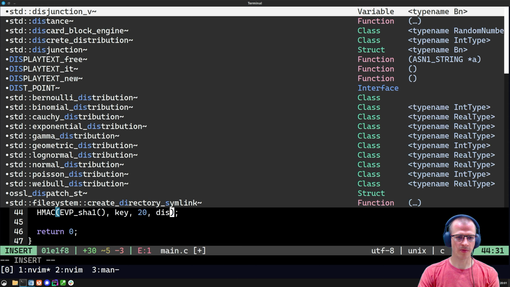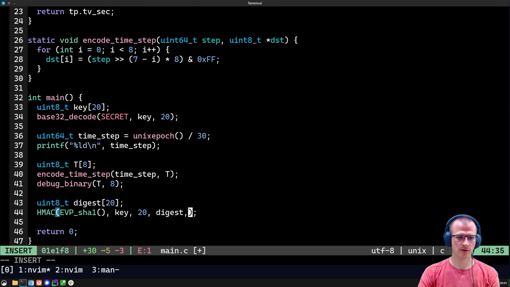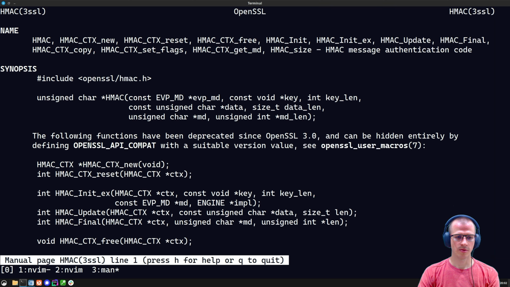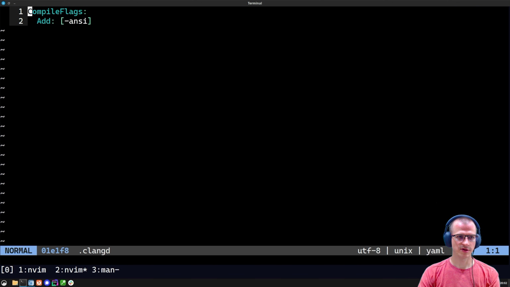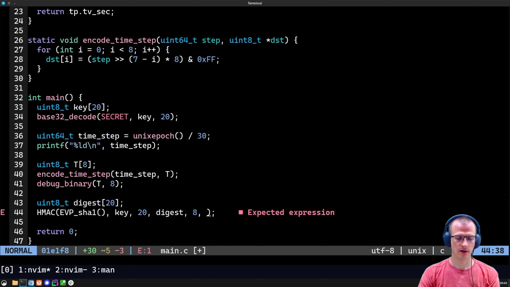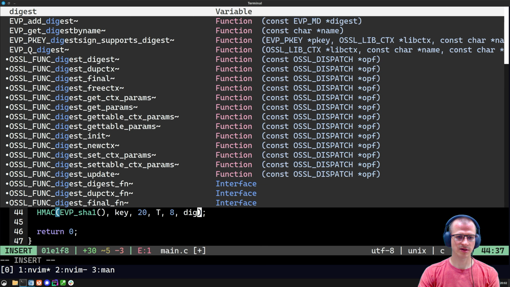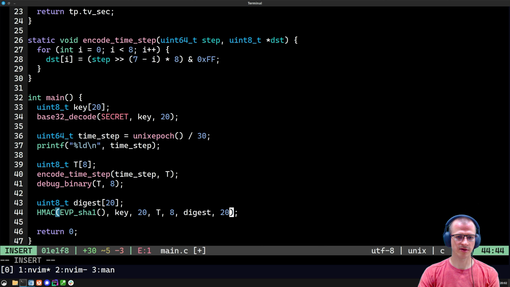Then the pointer to the destination. The length of the, what was it? Data length. Okay. So the second is going to be the timestamp value, then the destination, and the destination is going to be